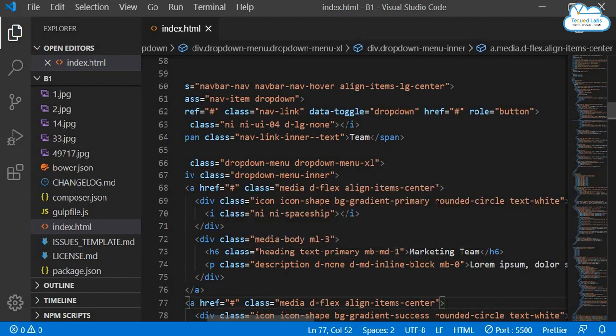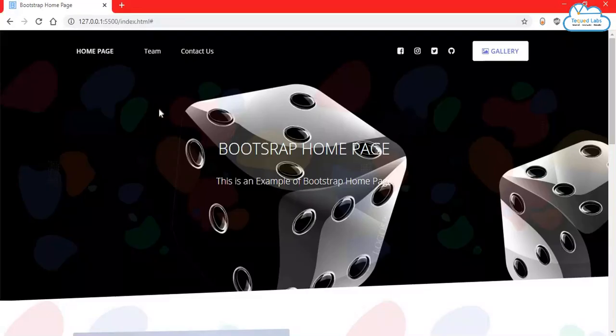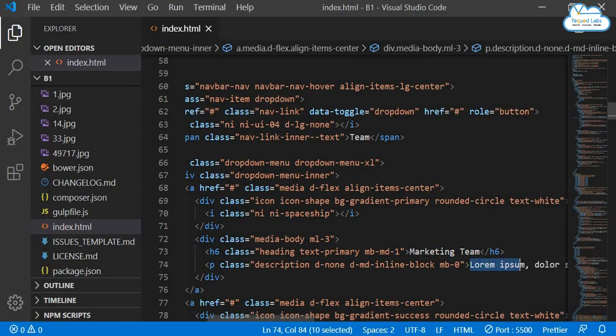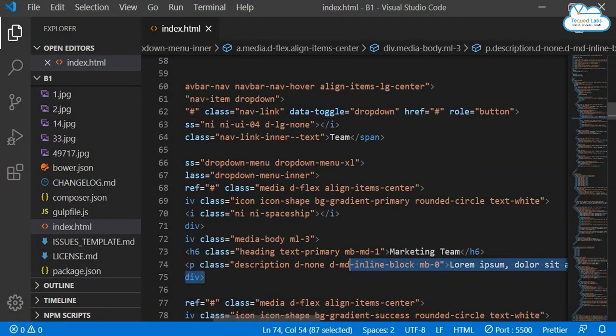Now again, coming back to the next one, again each one, right? Each drop down, the first drop down I have given as marketing team. As you can see, this is the marketing team first. Again, you can see the different text which I have given like this, right? So all the description, this is a class, right? So the class description will already be there in Bootstrap, so you can use that. Now coming down,